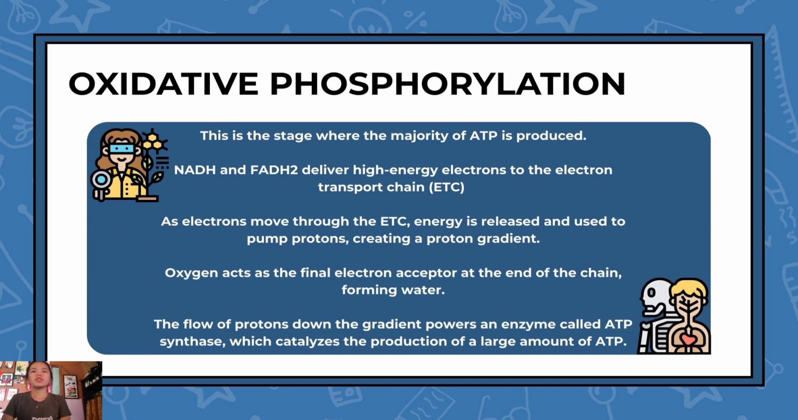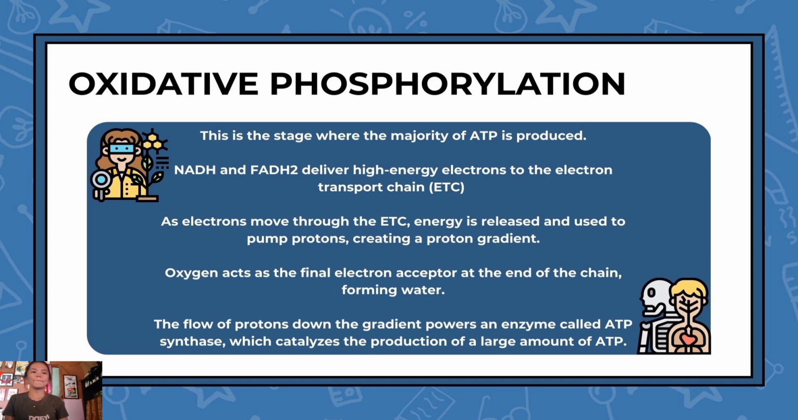Oxidative phosphorylation. This is the stage where the majority of ATP is produced. NADH and FADH2 deliver high-energy electrons to the electron transport chain or the ETC. As electrons move through the ETC, energy is released and used to pump protons, creating a proton gradient. Oxygen acts as the final electron acceptor at the end of the chain, forming water. The flow of protons down the gradient powers an enzyme called ATP synthase, which catalyzes the production of a large